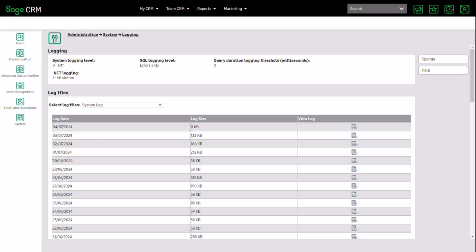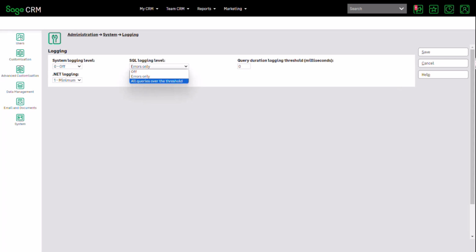Now you can see that in this system, I have a logging level set for my SQL logging, and that's set to errors only. So I would only get an SQL log created if an error occurs. But if I want to learn about, as I enter a particular screen, which view is being used, or what the security parameters are in a particular screen, so I can make sure any of my customizations are right, well,